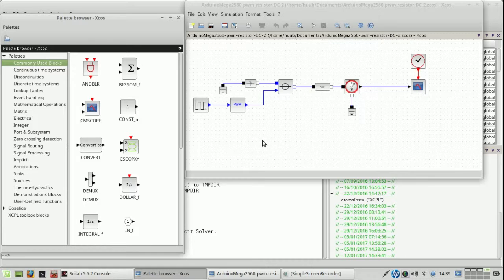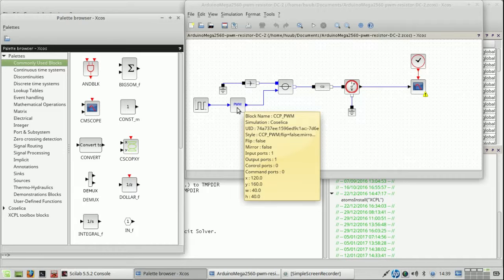Hi, welcome to another video on my Arduino Mega2560. Again about pulse width modulation. Last time I did some simulation using Scilab and Xcos and tried pulse width modulation. I have dived some deeper into it and actually found out that this CCPWM stands for Capture Compare Pulse Width Modulation,